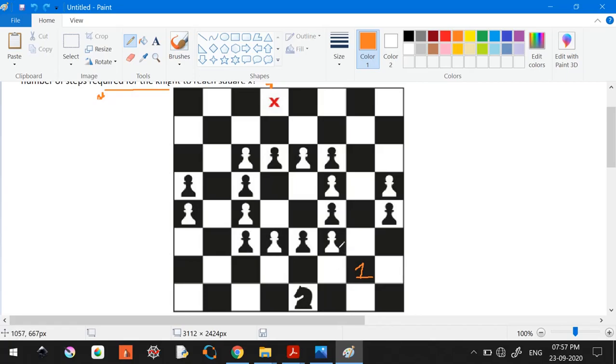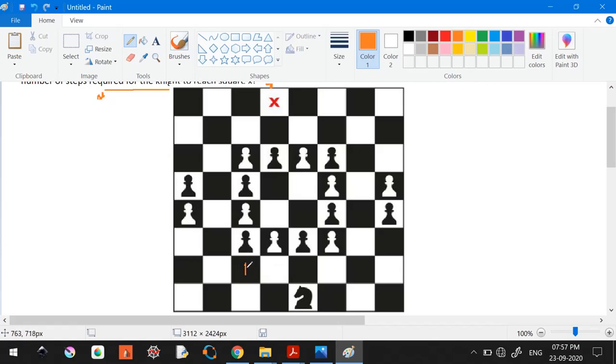I don't have any other option, I guess. 1, 2, 3. Here also pawn is there. So from here, actually, you cannot go any other way. You just have to come back, right? There are no other questions. So actually, going this way is not correct. So let us move the other way, which means I will go 2, 3, which means here, right?